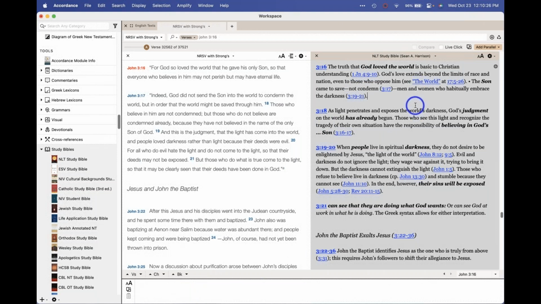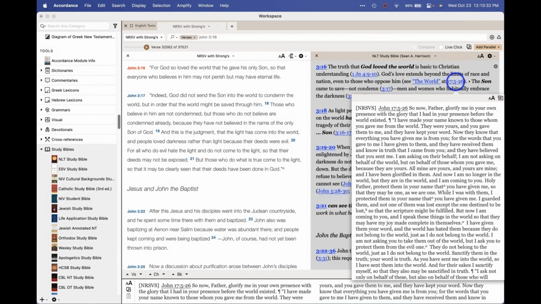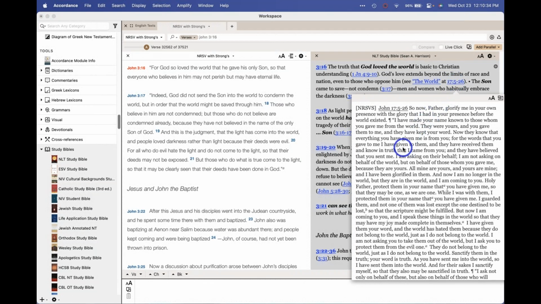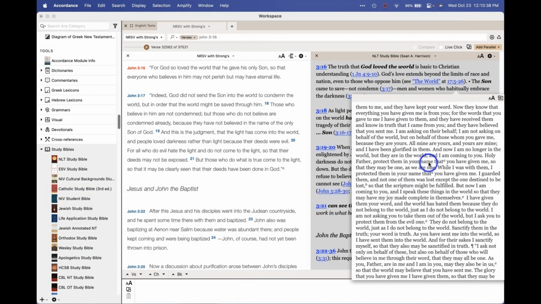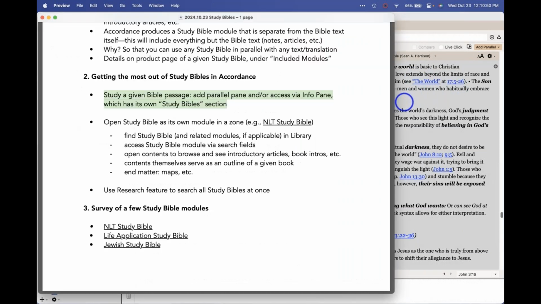In print, you're kind of thumbing back and forth. But here you can hover. You can also click and hold for a popover window, that's the same content as what you're getting down here. And you can read these, see if you agree with how this note is interpreting this verse, or just see where they're coming from. These verses that they mention, what do these other verses say? So that's probably the simplest way